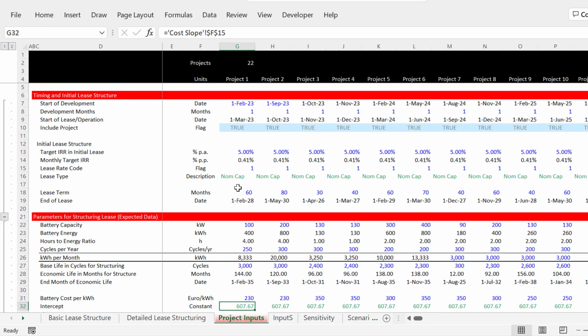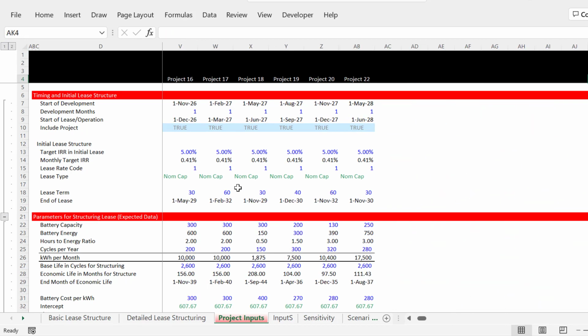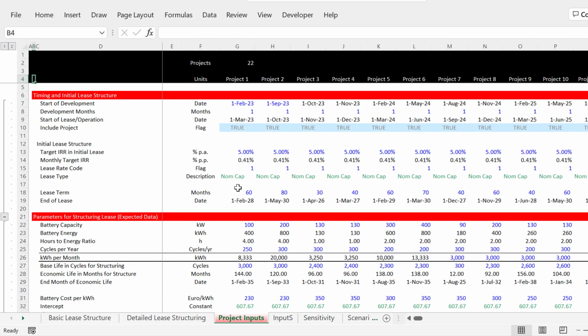Not that complicated, but I'm now assuming that we have 22 different projects. We can put names for these projects, but for now I'm just calling them Project 1, Project 2. You can do whatever you want. I think it might be a good idea to make a separate spreadsheet with them all, but this time we have different start dates. We could put different IRRs in, and I'm going to suggest very, very strongly that if you have different